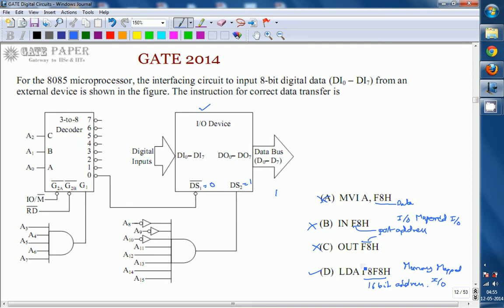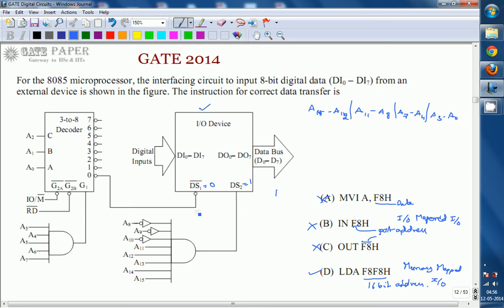Whether this address is right or wrong, we can check using the given circuit. It is a 16-bit address. We can go in this way: A15 to A12 is the higher nibble, and A11 to A8 is the next nibble. A7 to A4 is the next lower nibble, and A3 to A0. You can think in this way. These are the nibbles.